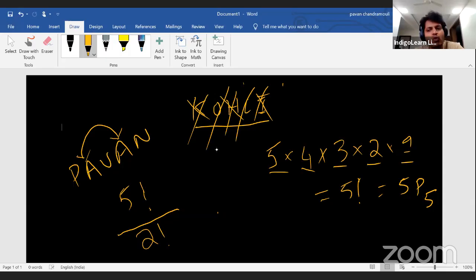So someone asked me, sir, what if two alphabets are repeating 2 times? Yes, that is also possible. Then if A's are repeating twice, I have divided by 2 factorial. Let us say V also is repeating twice, then you can divide it by another 2 factorial. Depending on how many times it is repeating, you can divide it by that many factorials, and the number of alphabets that repeat also change your answer. So instead of getting 120 like Koli, now I am getting only 60. You can see there is a lot of difference in the answer.